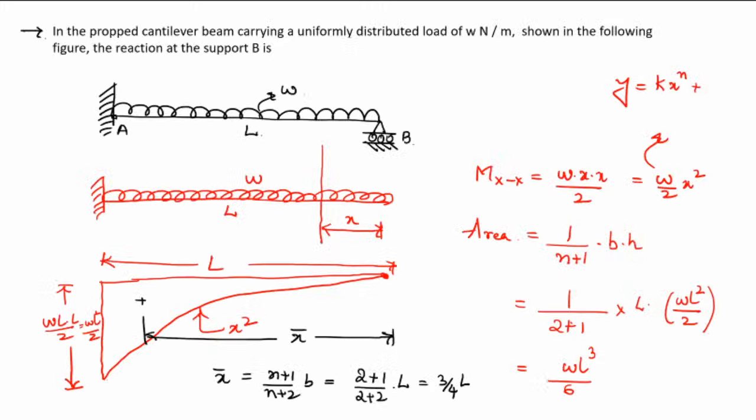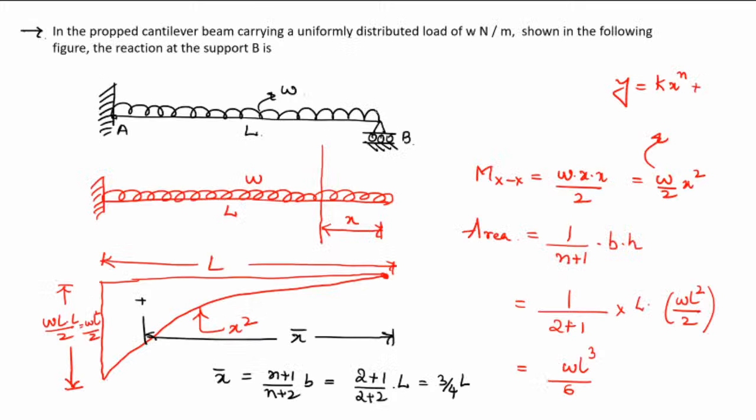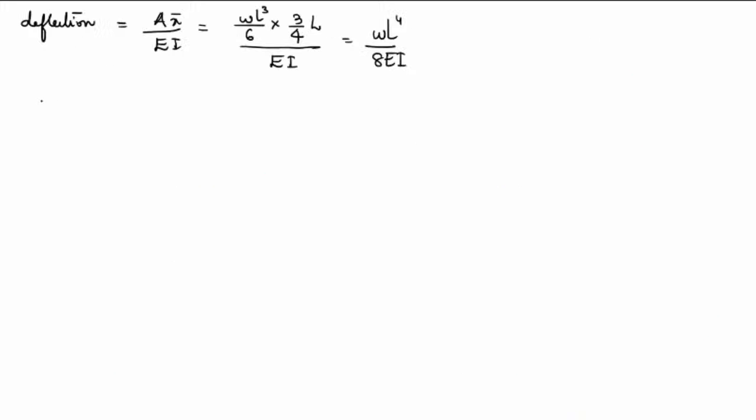Right. Now, similarly, I did not consider here the prop B. Now I am going to consider that. Okay, there is a prop at location B. Let me write that reaction as,